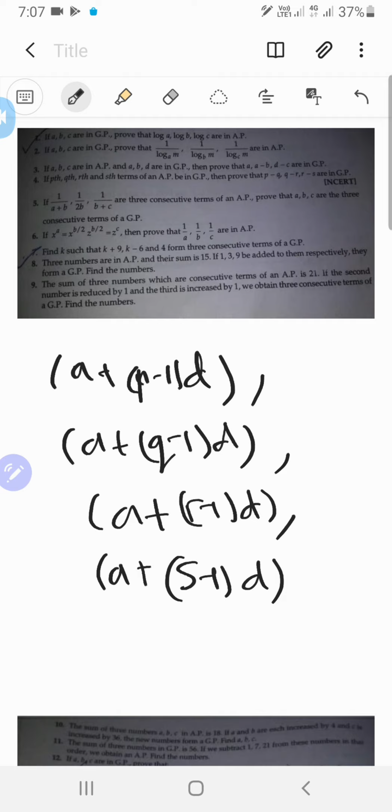Well, this is weird. These are supposed to be in GP. Maybe we can divide this GP by the common difference, and then that will possibly simplify some stuff. Yeah, let's just try it. Or maybe we can do this. The product of these two is supposed to be equal to the product of these two, right? That's obvious. And the product of these two should be equal to the square of this. Okay, that's fine, but I think there is supposed to be a better way than this.